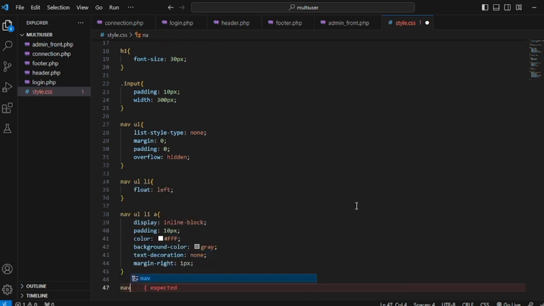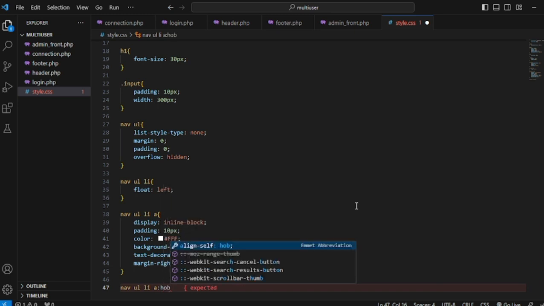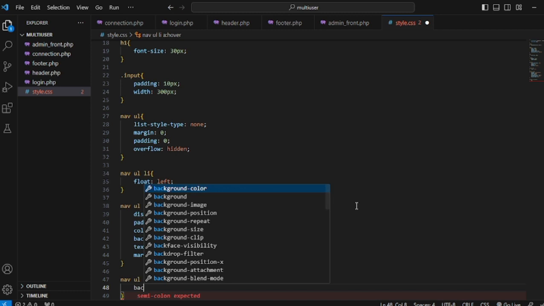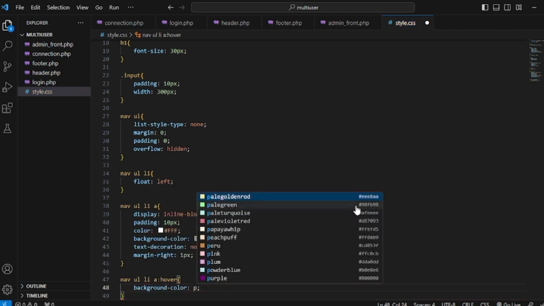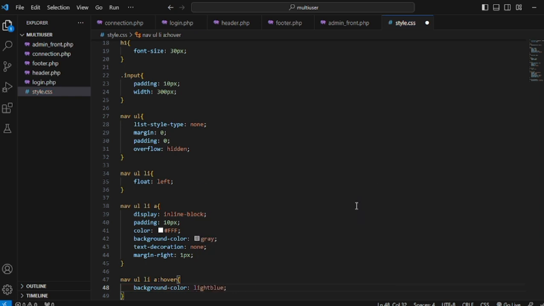For nav only a hover, we can add background color is what we're gonna choose, or light blue. Okay, you can control save,